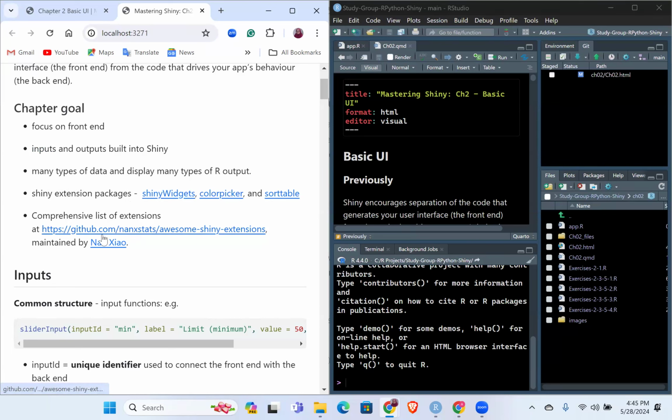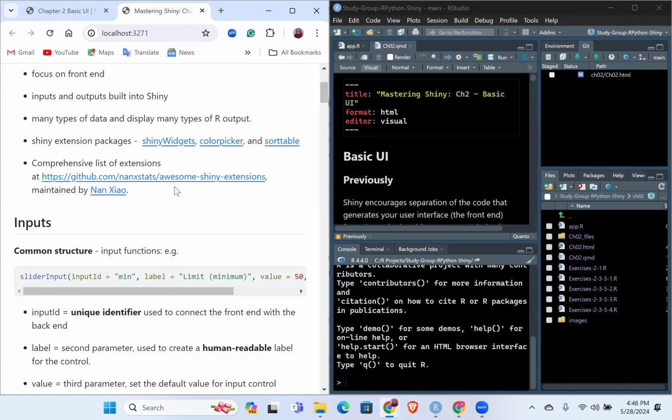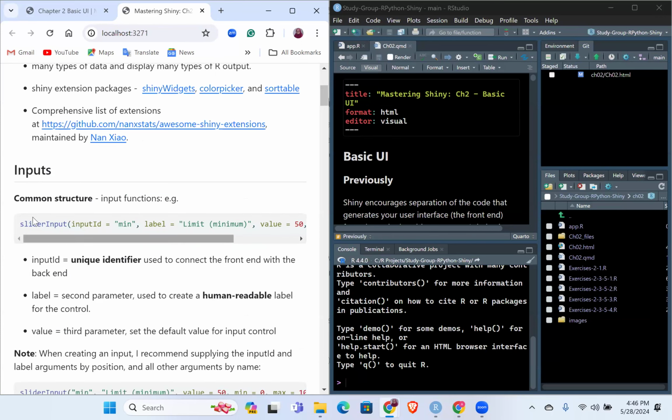You can also have access to this list of extensions for Shiny through this link, graciously maintained by Nanshio. I hope I pronounced that name well. So you can get to this link and you'll be able to access all the extensions that are available to Shiny. So now let's go into the input